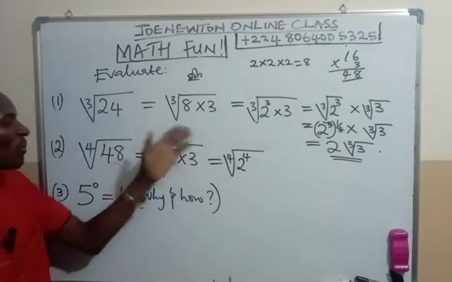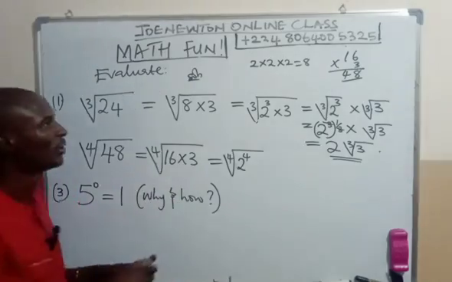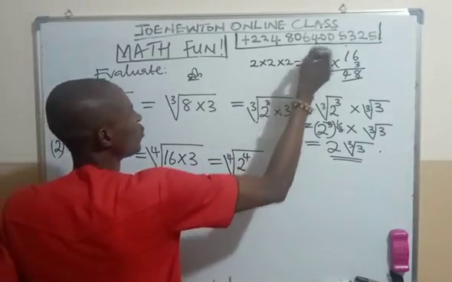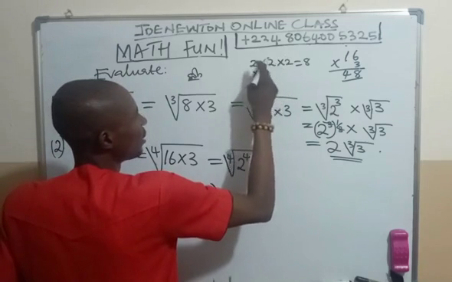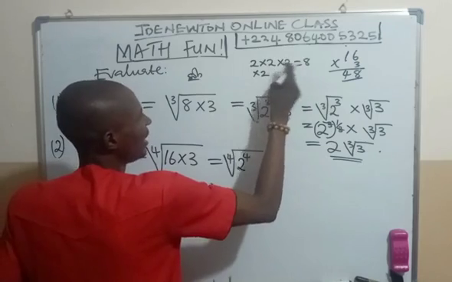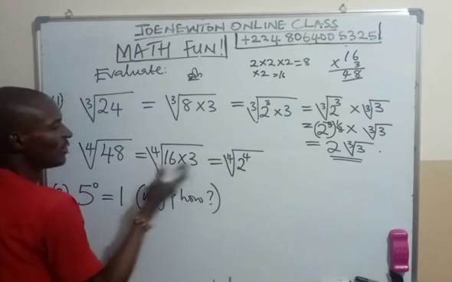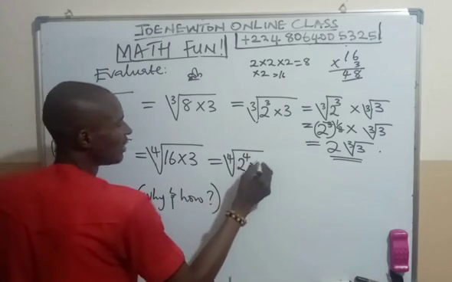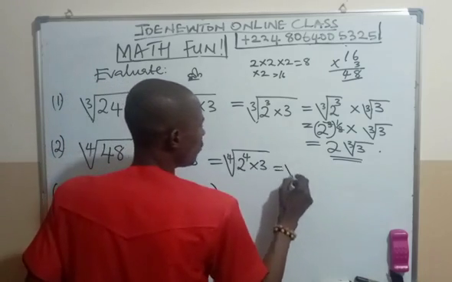So what number will raise to power of 4 to give you 16? That is 2. 2 times 2, 4. 4 times 2, 8. 8 times 2 is what? 16. So we have this is 2 raised to power of 4 times 3, which will be equal to fourth